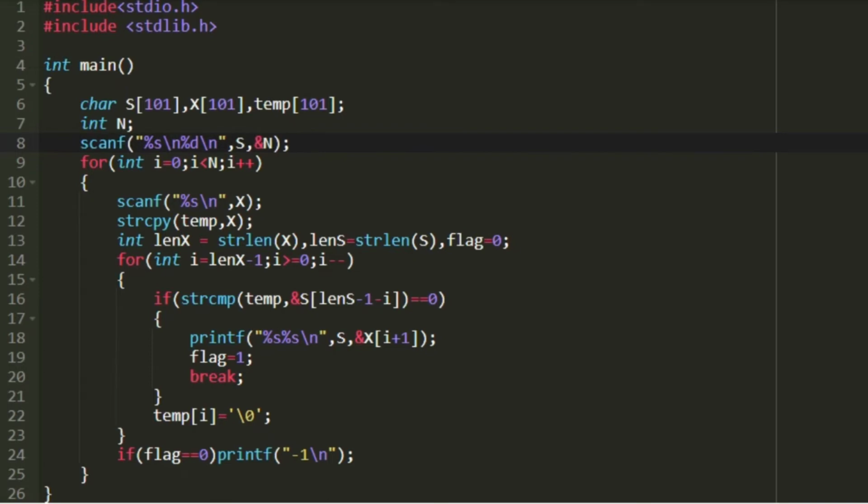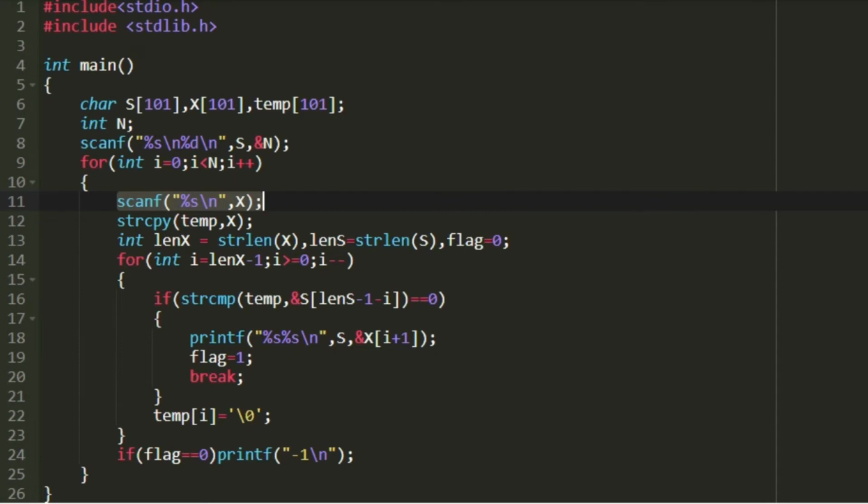So now we have to accept n string values as input. Here we are not going to store our string in a separate array. Instead, soon after accepting the string, we are going to check whether it is possible to concatenate or not. So I am creating a loop that iterates for n times. And in every iteration of this loop, I will be accepting an input in a string format and storing it